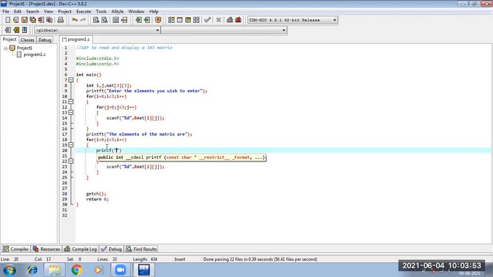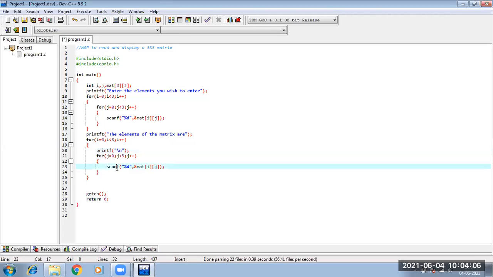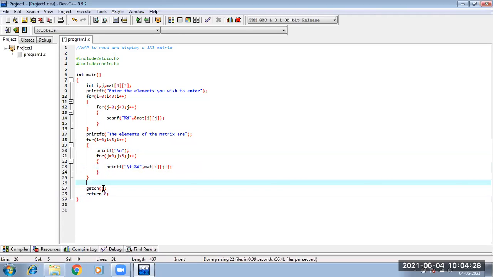And we have just learned that in order to show it in the array, I am using this printf statement so that each element will be on a new line. So all the things will be the same. Here I will just use a printf statement, and I will use a tab so that they will have a distance, and here I won't be using ampersand. That's it. Fine. So let us run the program.